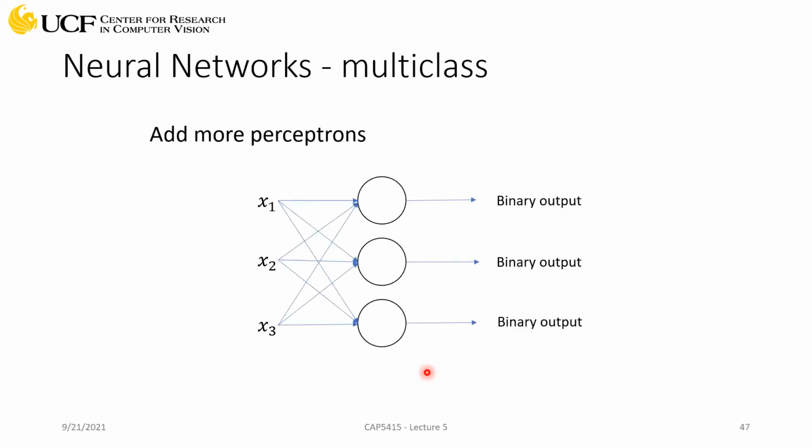Okay, so that was binary classification. Now, what if we have more number of classes in our data? So that's pretty simple. We just add more perceptrons. Let's say we want to do a multi-class classification where we have 3 different classes. We can simply add 3 perceptrons. And again, you can see that each perceptron will take input from all the signals, right? And each perceptron will give you one output. And what you can do is pair the output of each perceptron to one class. So if you have 3 classes, we'll have 3 outputs, and each output will tell you whether that particular class